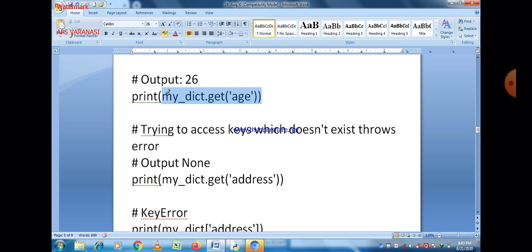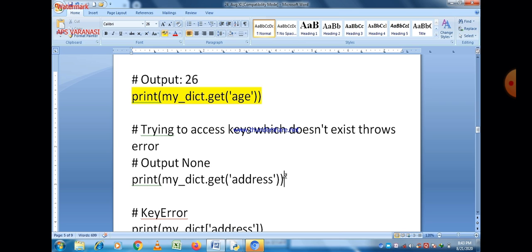In the second case, if you want to find out the value using the get method, we just use my_dict, dot get, and within parentheses give the name of the key, which is age in this case. So the output is 26.